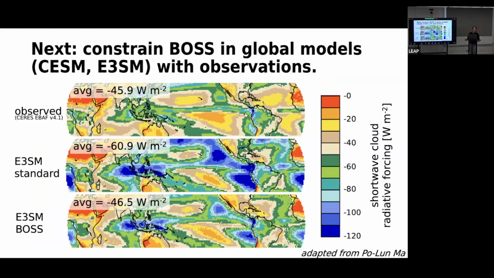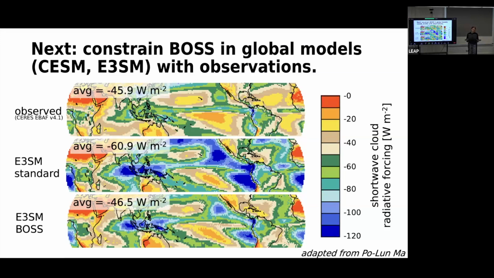And with that, I'll look at what we're planning to do next, if I still have time. One step is, in line with LEAP's goals, we actually want to put BOSS into global models or system models. So right now we're working with CESM and E3SM and constraining these microphysics parameters with actual observations.